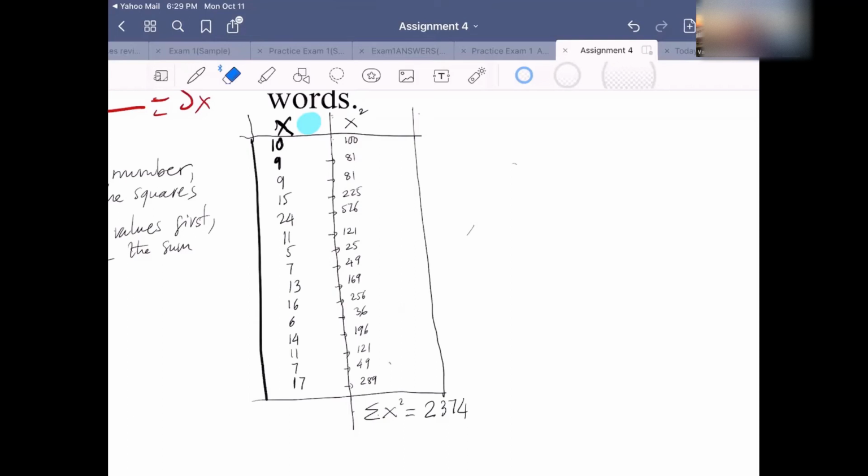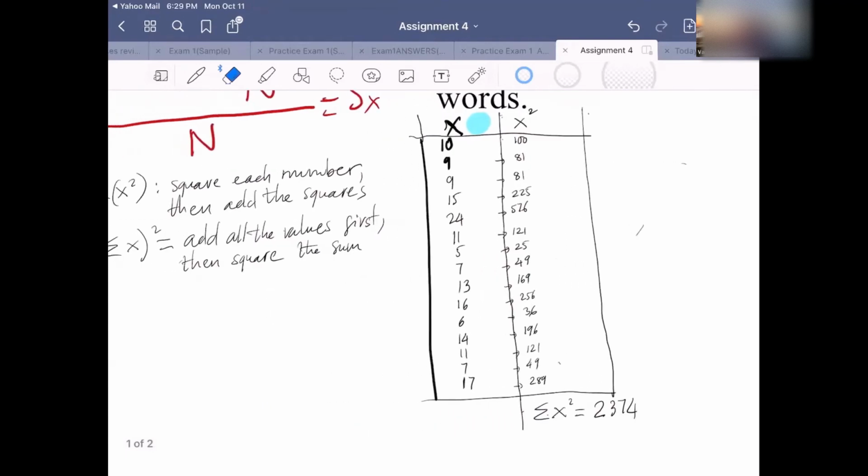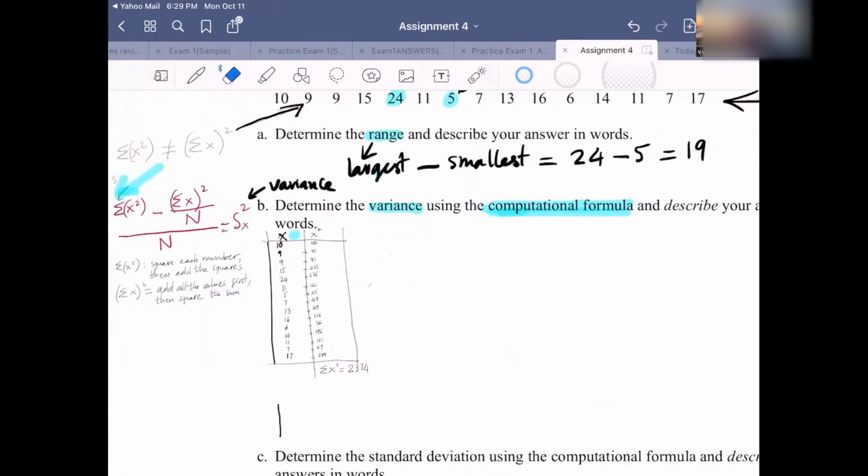Next, you still need to find the second one. So let me see, I'm going to delete this. Next, you need to find the sum of x, and then after that, you will square that sum. Okay. Let me see, Leif has a question. How do we get the extracted value to